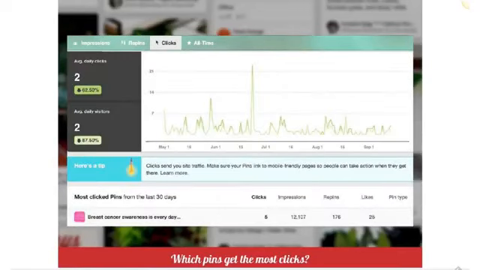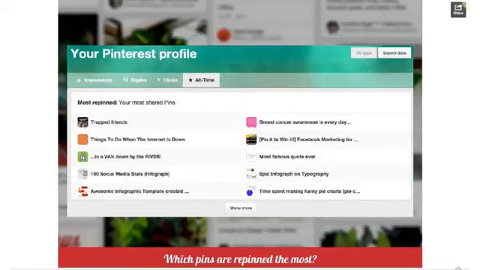The next report we're going to get into are clicks. So these are people clicking on your pins, clicking on your boards, clicking on your profiles, and mostly it's going to be focusing on the pins because that's kind of what people click on. Okay, and then if we go to the Pinterest profile, right? So we're still looking at the profile. We're looking at the most repinned. So your most shared pins from all of your boards. You can